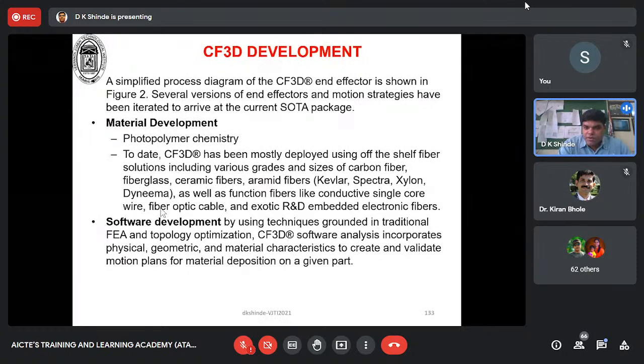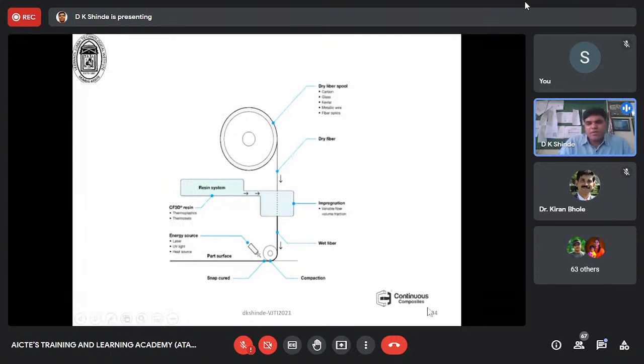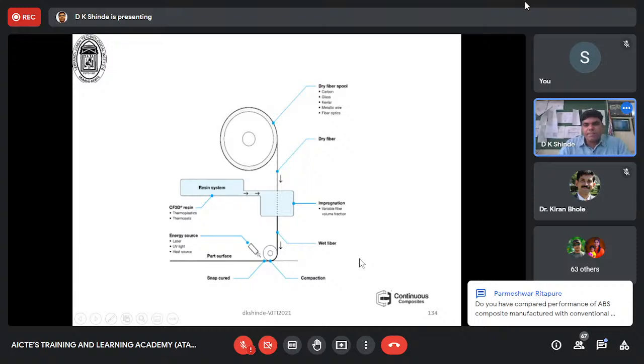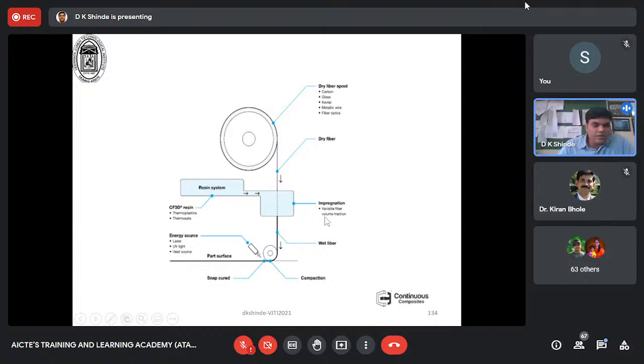Okay, the software required for this analysis is traditional FEM or topology optimization software. Such packages are required as infrastructure to analyze the physical and geometric as well as material characteristics, to create and validate the motion of the print head. So this schematic diagram of continuous composite printing I have taken. Here what we do is